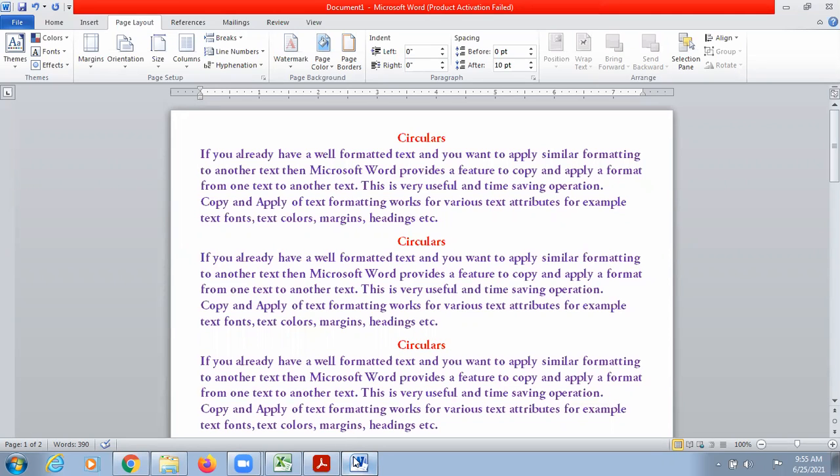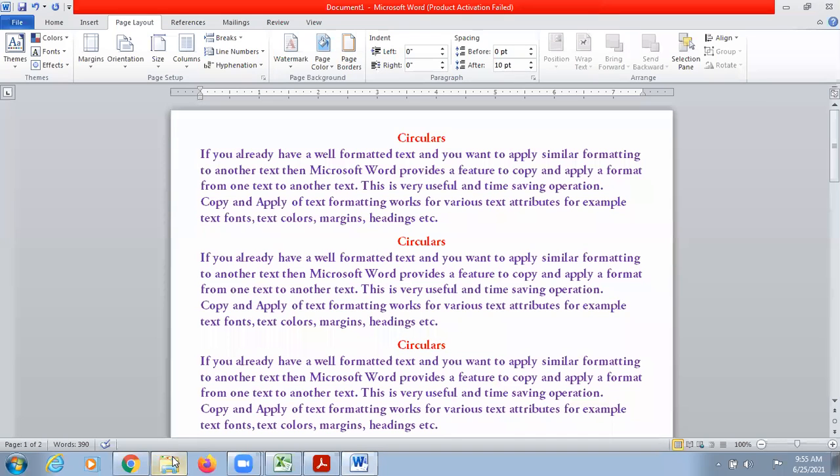Like suppose you are creating a chapter or designing a book. In that book, you want to give the name of the book or maybe the name of the chapter at the top of every page. The chapter name or the book name will remain the same for the whole book. That can be done with the help of headers. And similarly, if you want to insert something at the bottom of the page which should remain common for all the pages, that can be added with the help of footers.